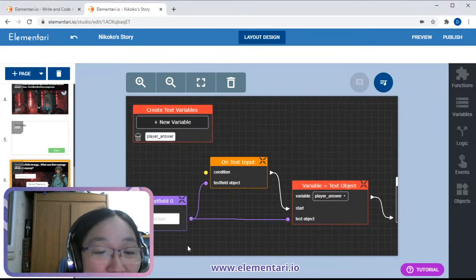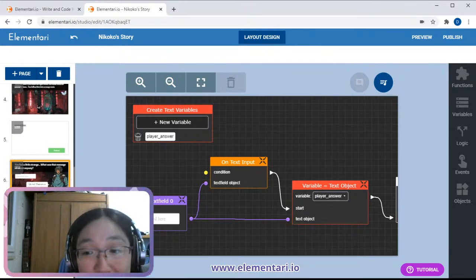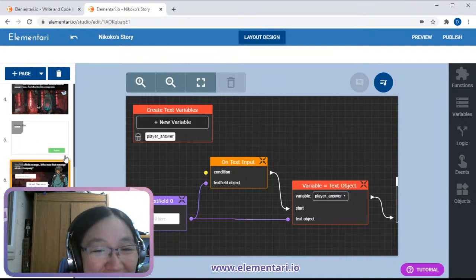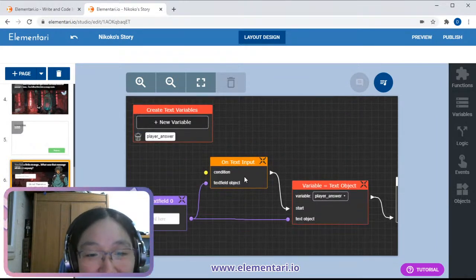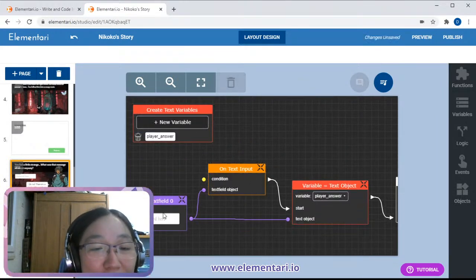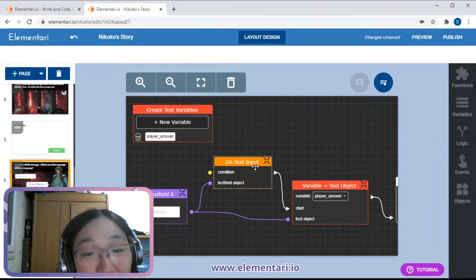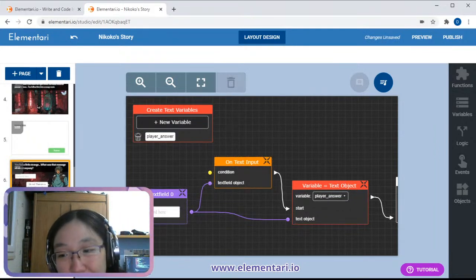But if you do have a countdown, you have to make sure you let your player know. Otherwise, they're going to feel very frustrated. They're going to think that your game is bugged and terrible. So you have to make sure that you indicate that there's a countdown if there is a countdown.